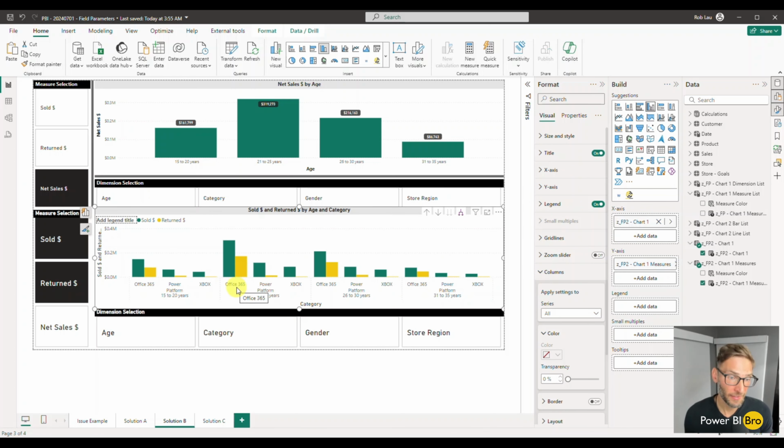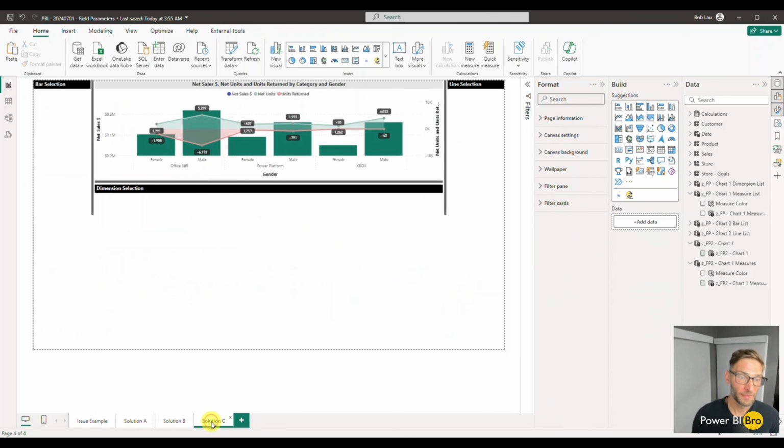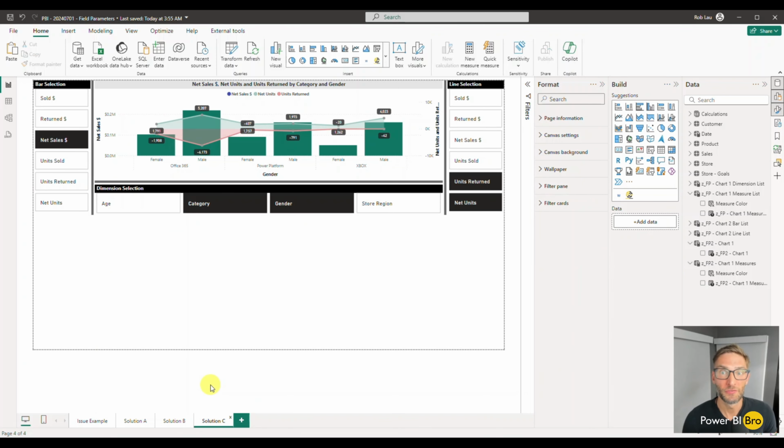So now you can analyze by office, again, by category, by multiple products, by return sold. You can add that legend. You can see what's happening here. So it's a whole other level of unlocking the capabilities. Finally, if you want to get into it even further, you can start to do something like this, and you just keep adding to it. Because once you understand the concept of field parameters,